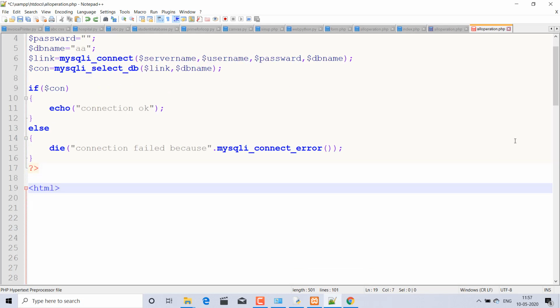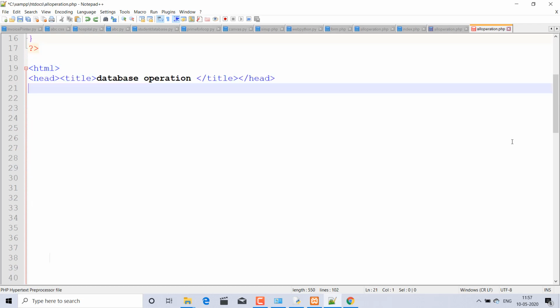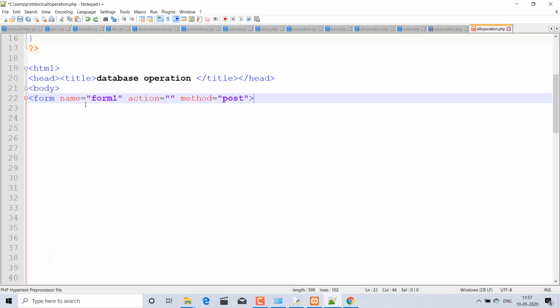Now the HTML is starting. HTML is the starting tag, and inside the head tag we have title, and I gave the title as database operation. Next I am starting the body, and inside the body the form tag, and the name of the form is form1.